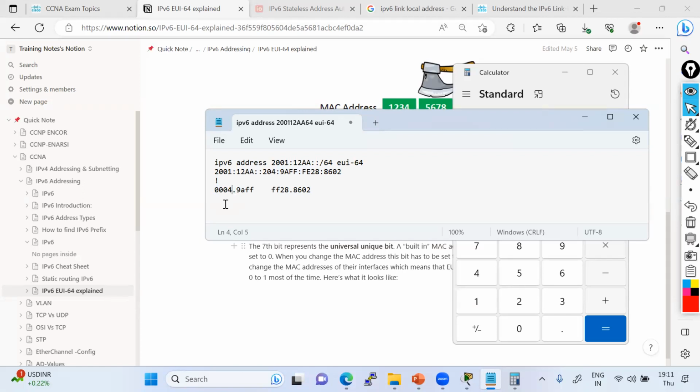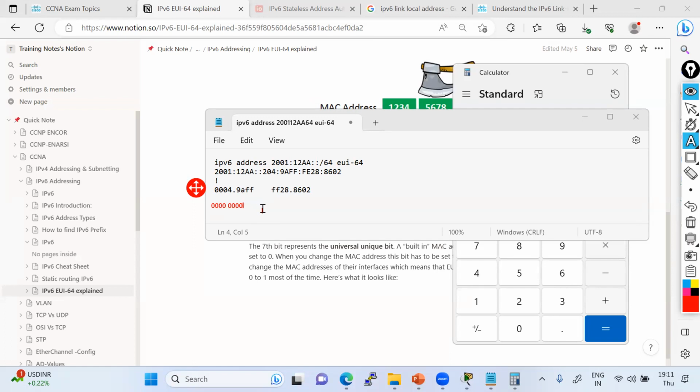So we have 000. The first 4 are 0, the second is also going to be 0, right?